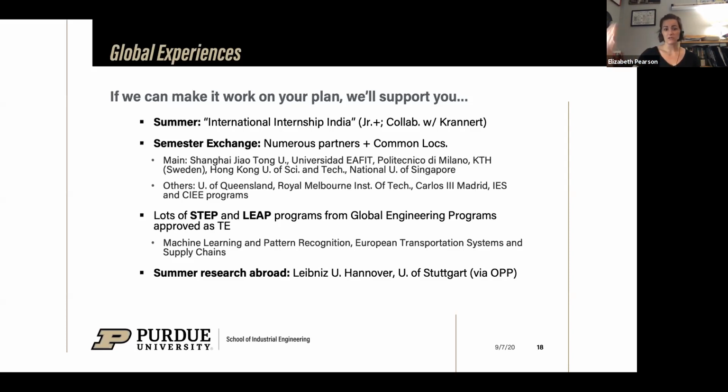either short-term or long-term. There's many options for students. We say if we can make it work on your plan, we'll send you there. So usually it's with some electives. It depends on where students want to go. But you can see some of the opportunities that we've had students go to before for semester and then even in the summer. We do have a couple of programs within the IE department where you can spend like a month overseas and get some credits, and it's a pretty cool experience.